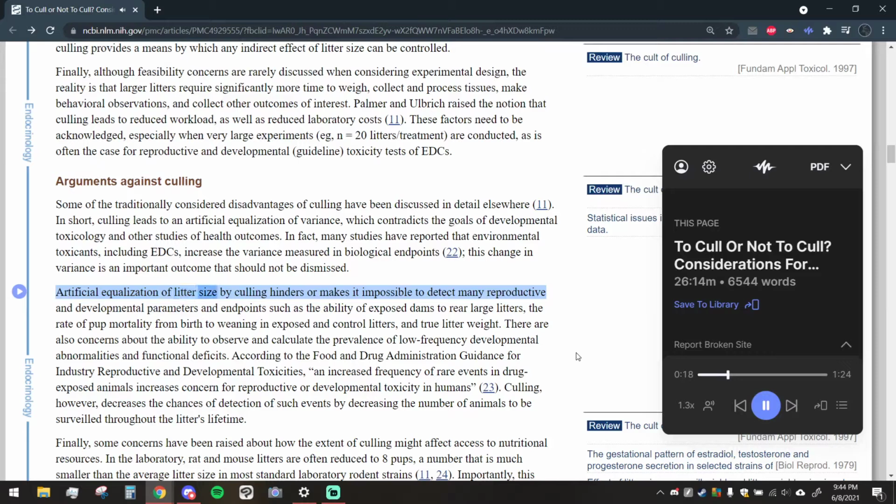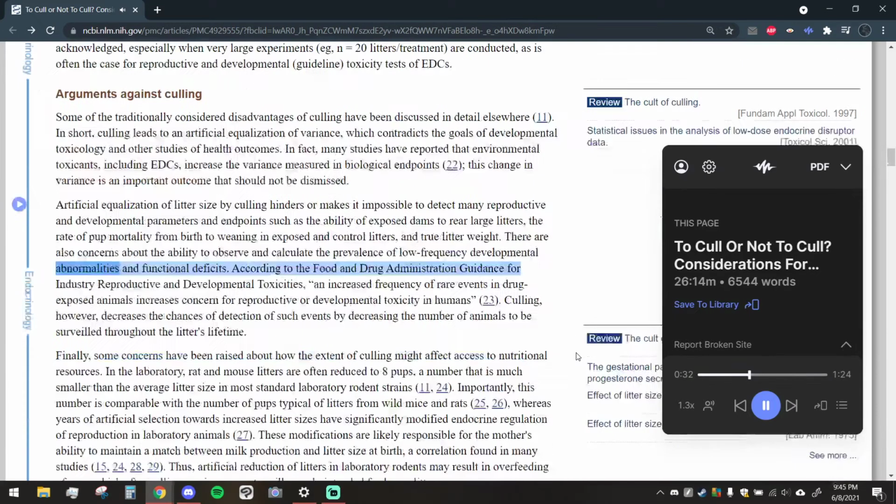Artificial equalization of litter size by culling hinders or makes it impossible to detect many reproductive and developmental parameters and endpoints, such as the ability of exposed dams to rear large litters, the rate of pup mortality from birth to weaning in exposed and control litters, and true litter weight. There are also concerns about the ability to observe and calculate the prevalence of low-frequency developmental abnormalities and functional deficits. According to the Food and Drug Administration Guidance for Industry Reproductive and Developmental Toxicities, an increased frequency of rare events in drug-exposed animals increases concern for reproductive or developmental toxicity in humans. Culling, however, decreases the chances of detection of such events by decreasing the number of animals to be surveilled